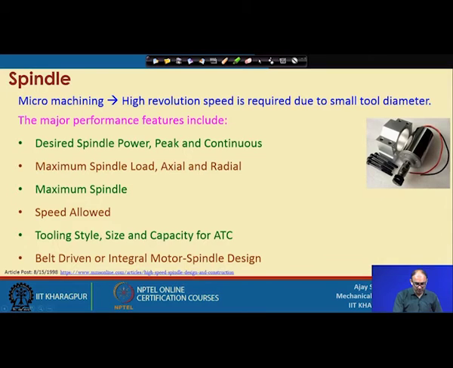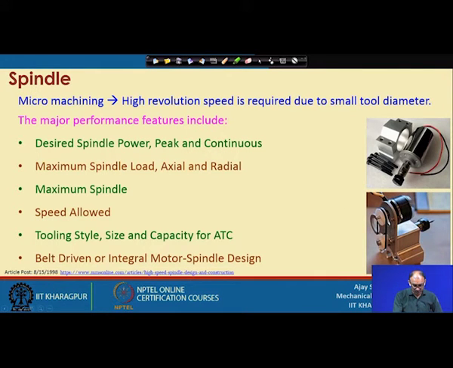There are two different types. Consider this one, an integrated motor spindle, because here the motor is directly inside, and you extract the rotational motion directly from it. If you see this one, the motor is separate, and it is belt driven. Your tool is attached with this particular part. There are bearings for keeping it straight, and a housing is also there. This motor rotates, and through the belt drive you get the motion and transmit it to the cutting tool. So, these are the two different types. Both are used for high speed, but there are some limitations with the belt driven.